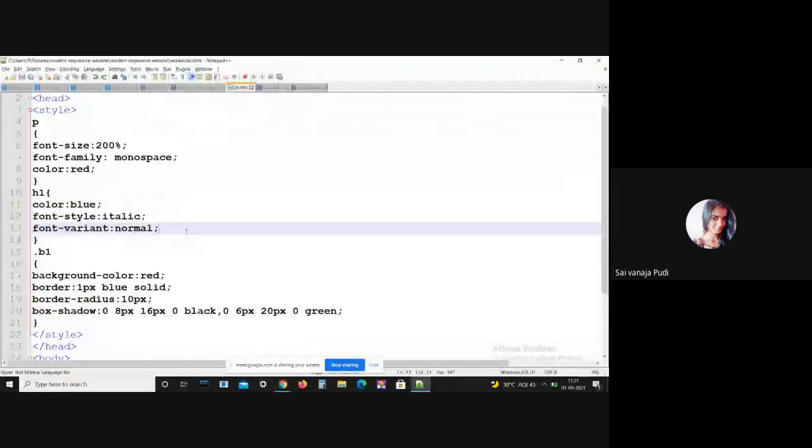This font weight, I have explained, generally defines the weight of the font. Okay, it specifies how bold a font is.